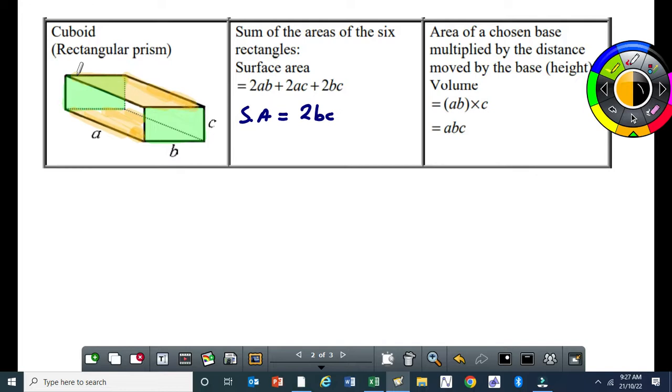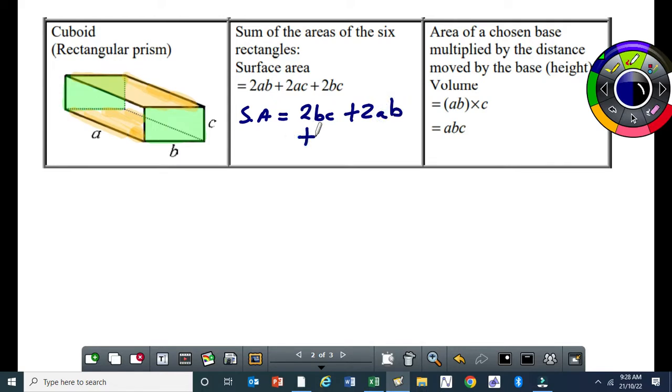They have the same area. Now the question will be, what is the length? What's the breadth? A is the length, B is the breadth. A will be the length and B will be the breadth. But there are two of them, so that will be 2AB